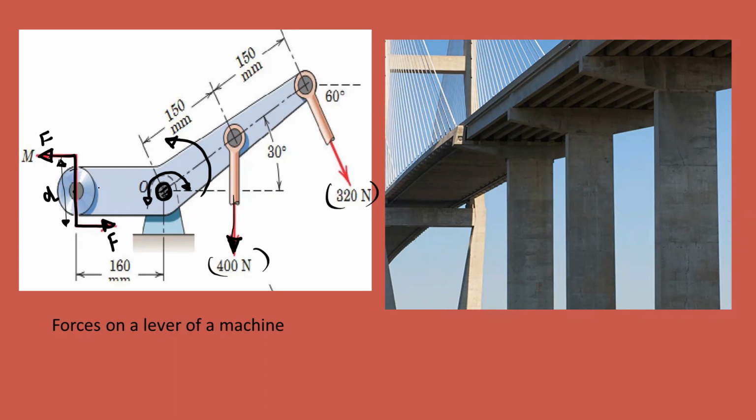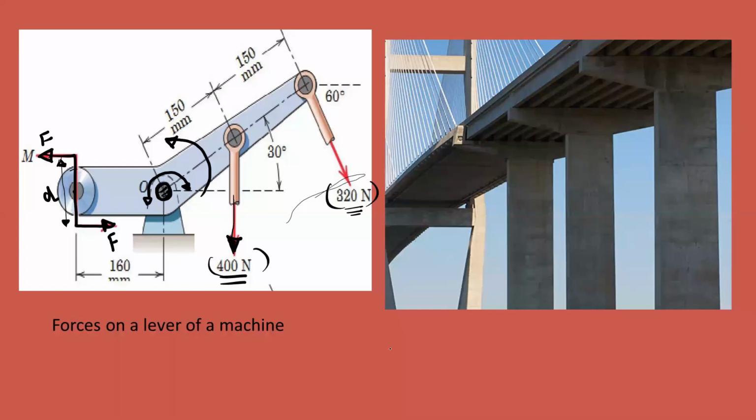Because of the rotation of this lever, when we apply the moment or the force at this point, the cables are subjected to some forces. Here direct values are given, but with the help of the static calculation, we can find out the exact values of the tension in the cable. So this is done with the help of the static calculation part.